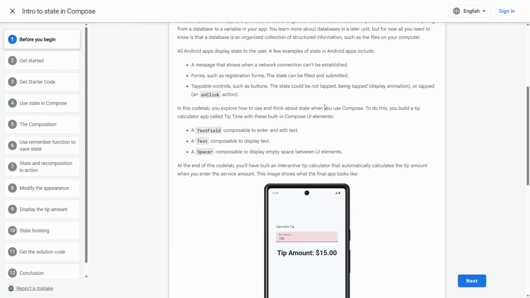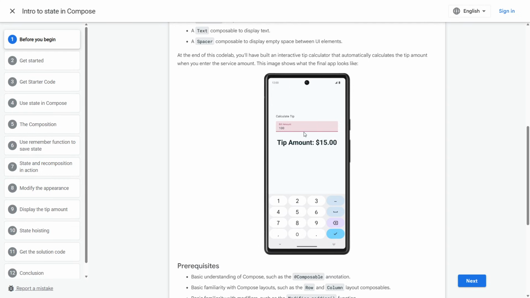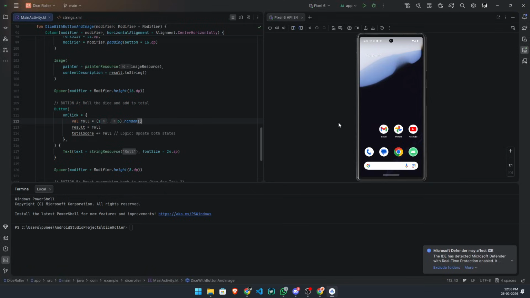Today we'll be building a tip calculator. Basically, you enter an amount and it will generate how much tip you have to pay. So let's get started. Let's go to Android Studio,